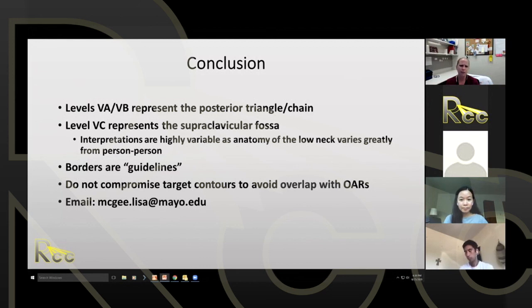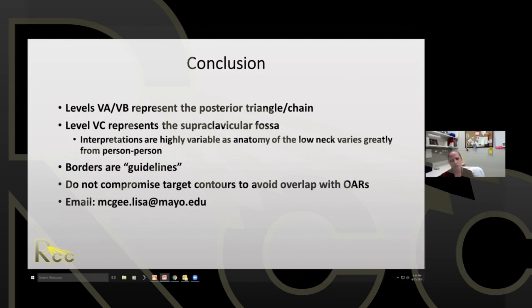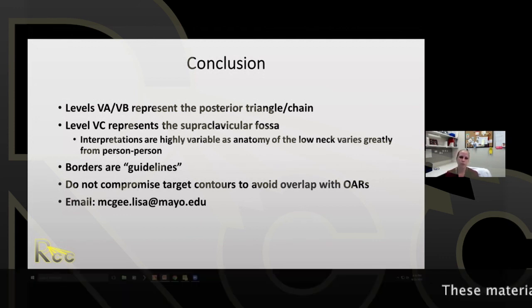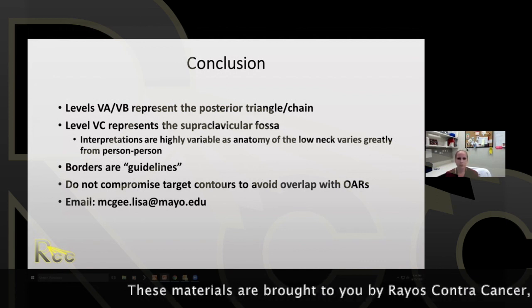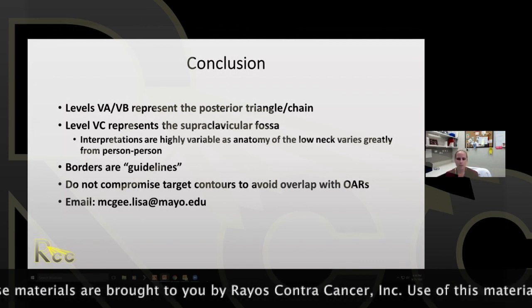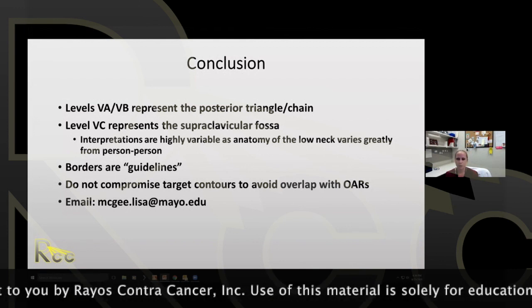And then we didn't really talk about this today, but I know Dr. Patel was touching on don't compromise target coverage in order to avoid overlaps with the organs at risk, such as the brachial plexus. The brachial plexus also pertains to level 5, so I had wanted to include that in here and remind you about that today. I think he made a very excellent point that a lot of times when we are treating patients who have cervical lymph nodes directly adjacent to where the brachial plexus is located, that we're still going to treat that to